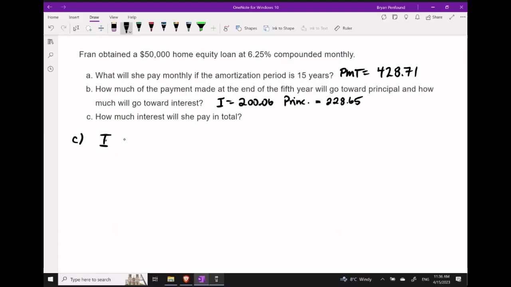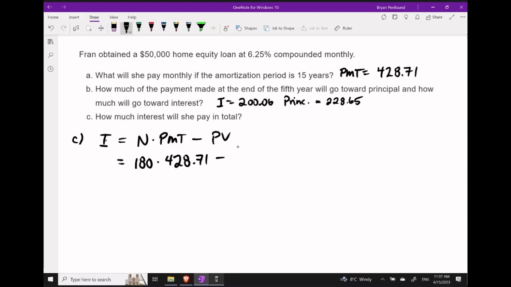Finally, in Part C, we're curious about how much interest she's going to pay in total, and the easiest way to do this with the information we have is to take our value for n, multiply it by the equal size payment, and subtract our principal amount. If the amortization period is 15 years and we're making monthly payments, that means we should have around 180 equal-sized payments of